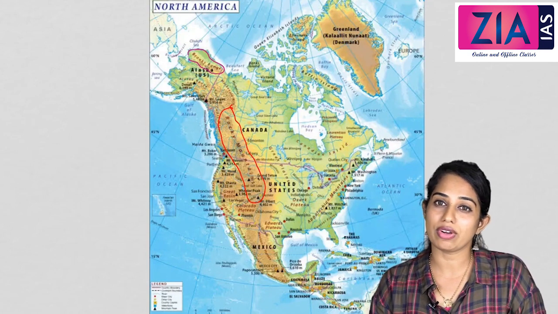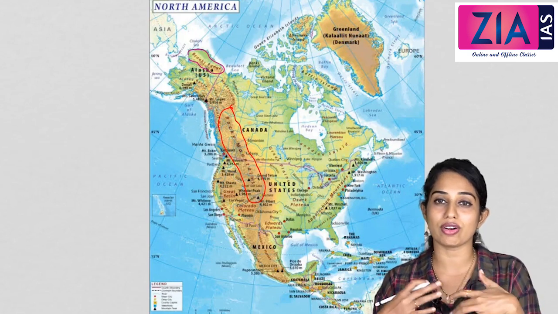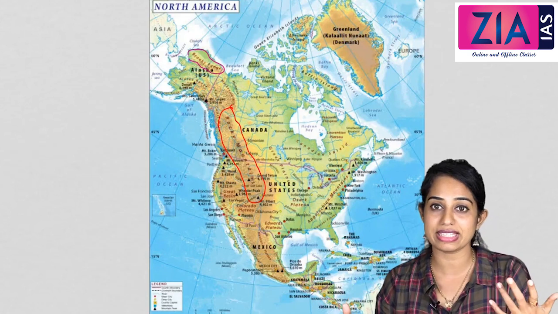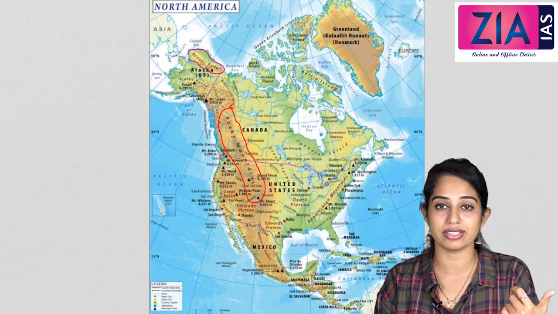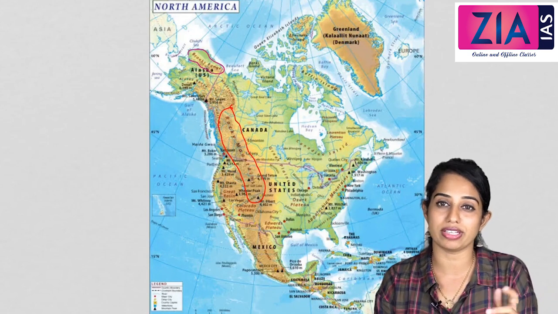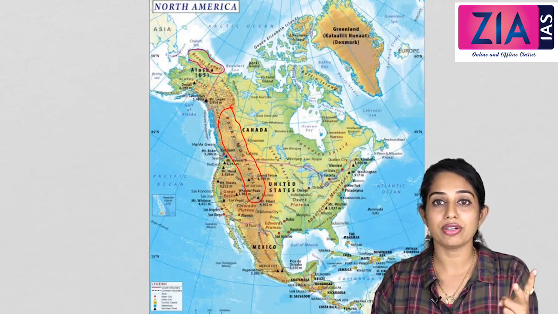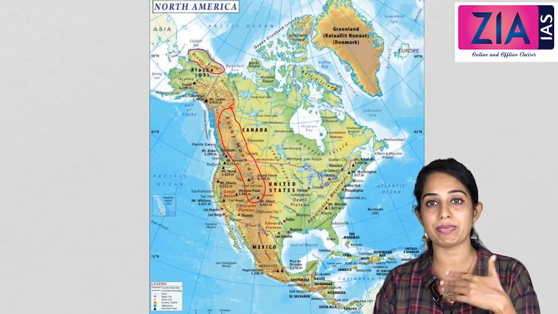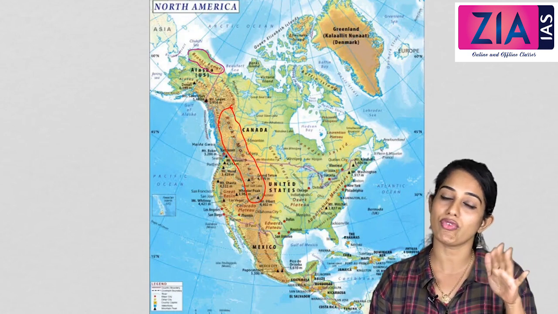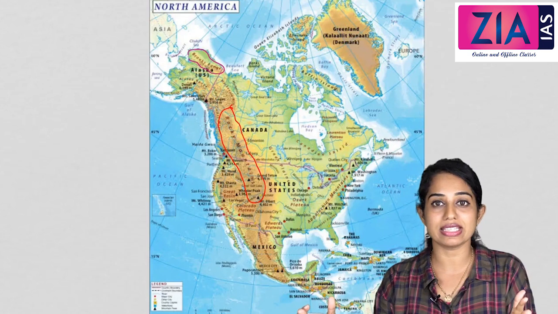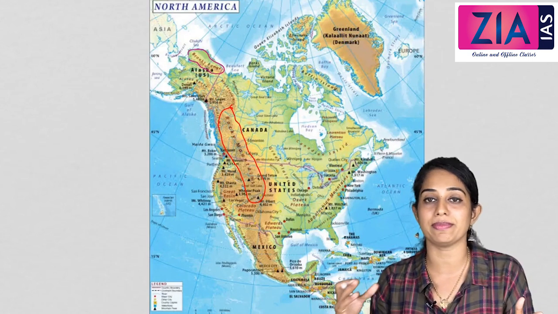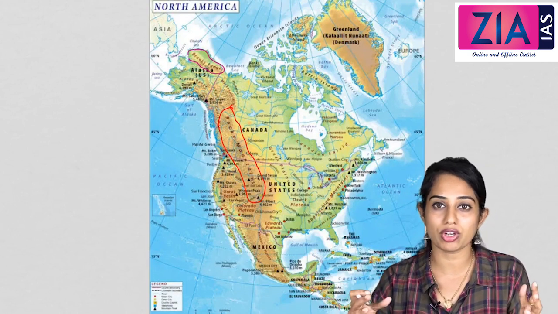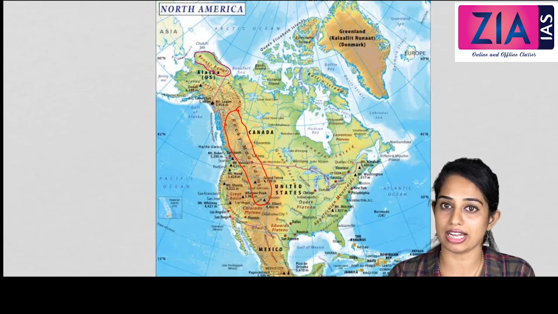Now let us understand why the western parts of the continents are always dry, with a desiccating effect, and in some places we can even see deserts in the western part of the continent. Why does it happen? There are two main reasons. First, cold ocean currents pass through the western margins of almost all the continents. This gives a desiccating effect because the air is dry, there is high pressure, so there is no rainfall and there is dryness, and because of that a desiccating effect is given to the land also.